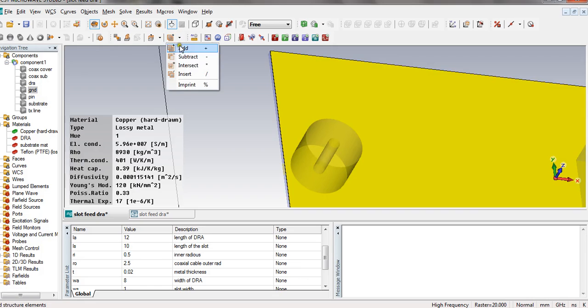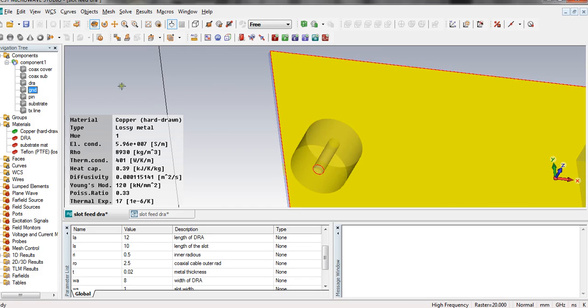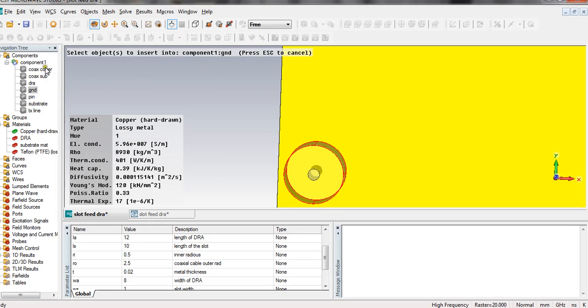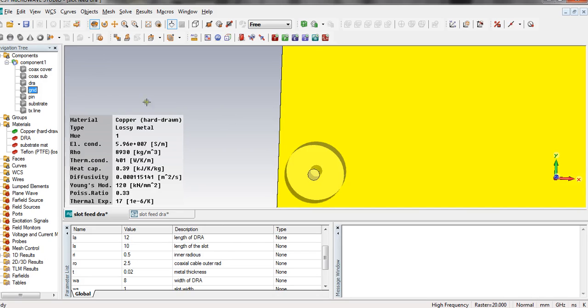Then I will put insert, then I will select the pin and enter. Now you can see there is also a hole in the ground plane. Then the ground plane is selected. Again I have to insert the coaxial cable substrate inside the ground plane, and yes, you can see